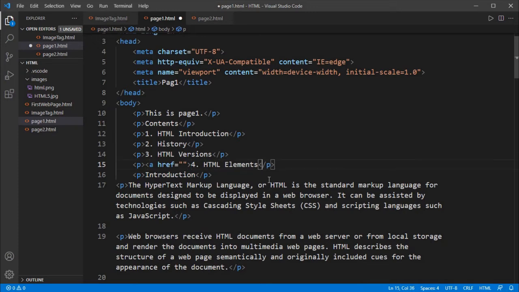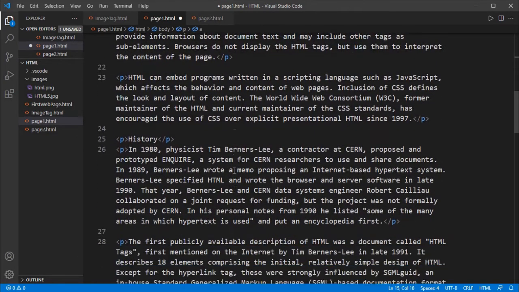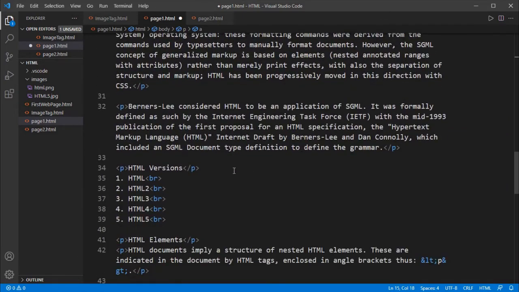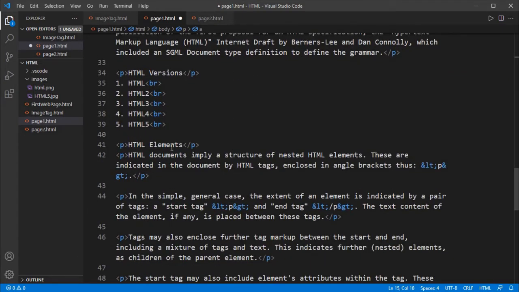Whatever name you have, you can give it, say alias is my identification name. To represent it as a target, you have to start with a hash sign. Where you have this related data at the bottom, when I scroll down here, we have the HTML elements concepts.